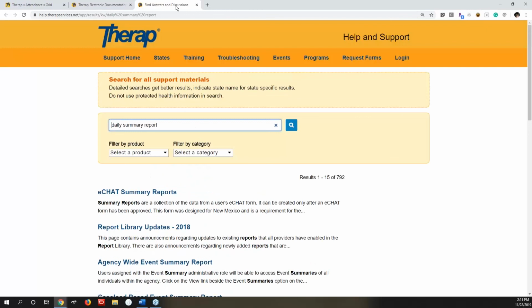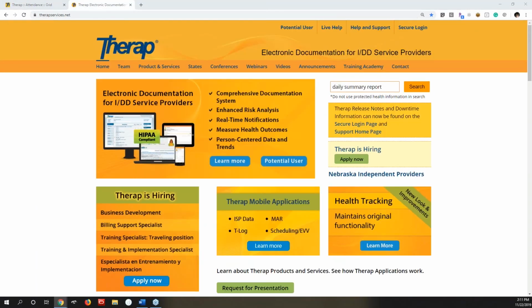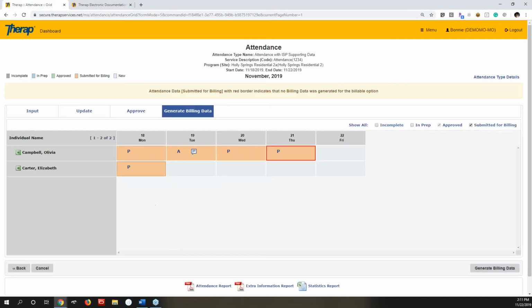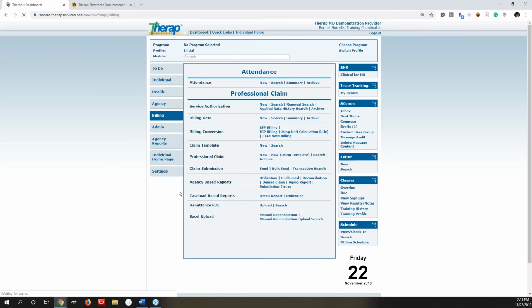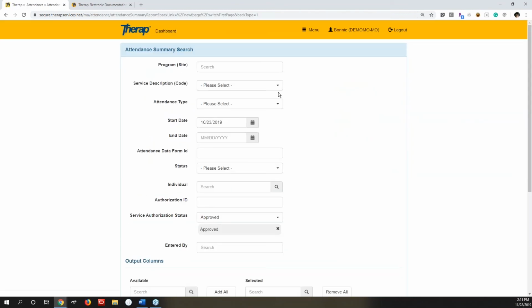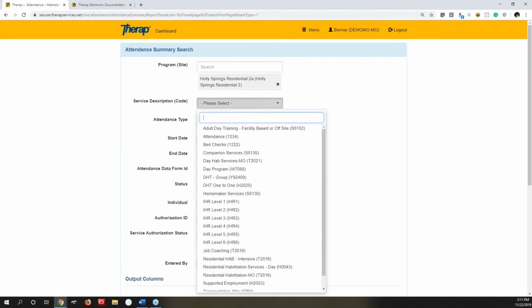I believe that is in the report library. There you go, your summary. So we're going to search for, we got to narrow that search down for attendance